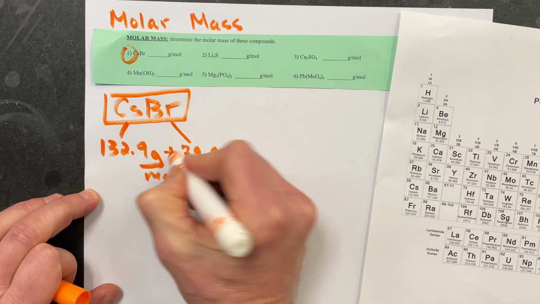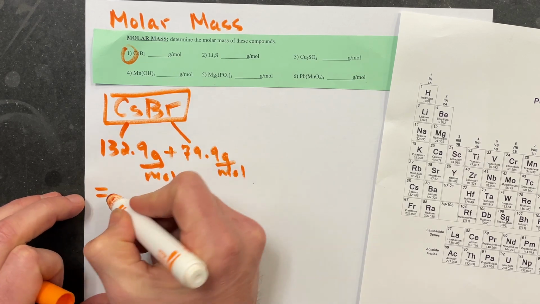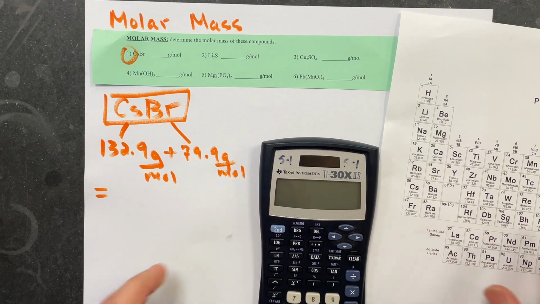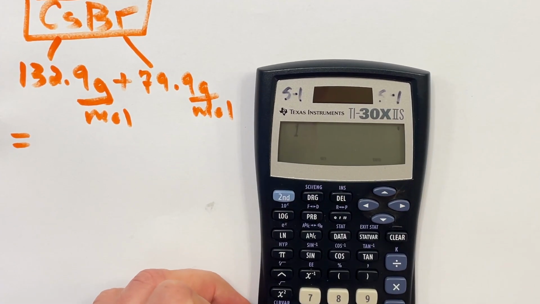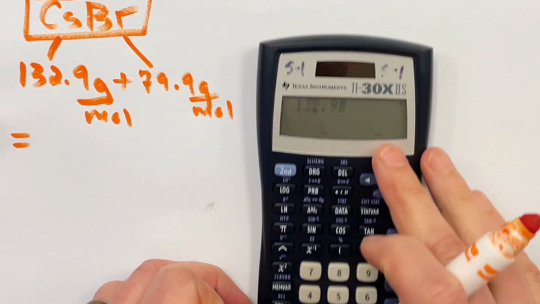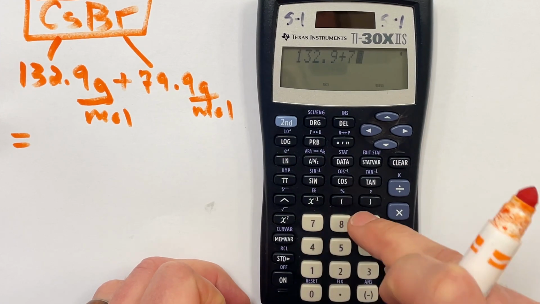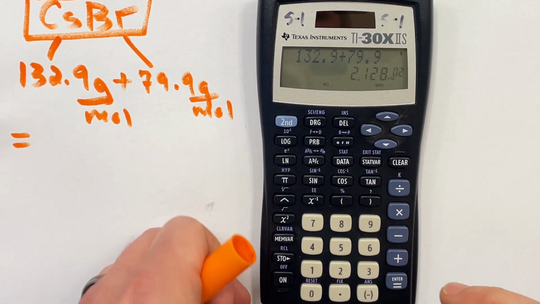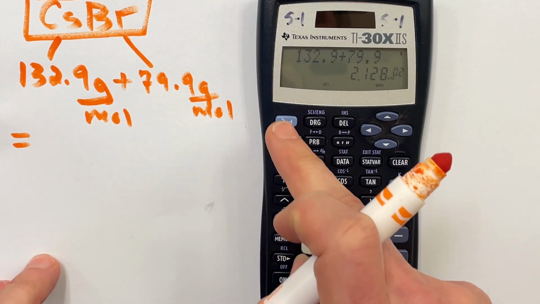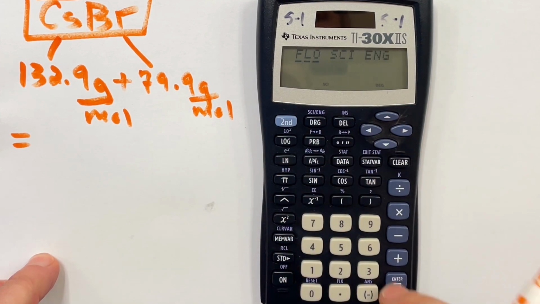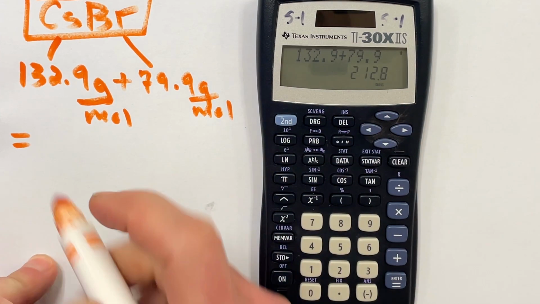So we're going to add those two numbers together. 132.9 plus 79.9 is 212.8